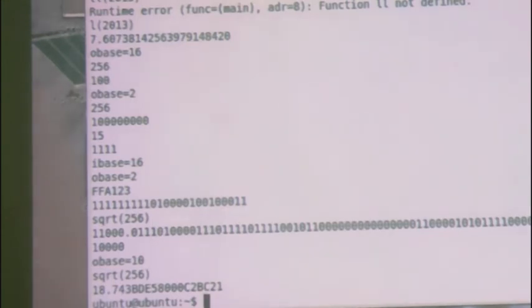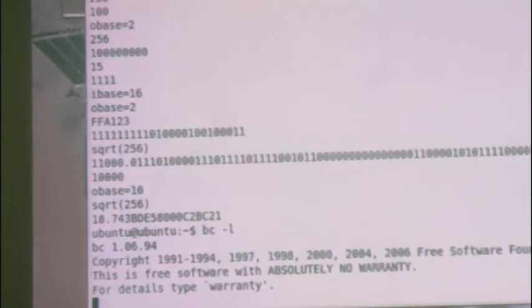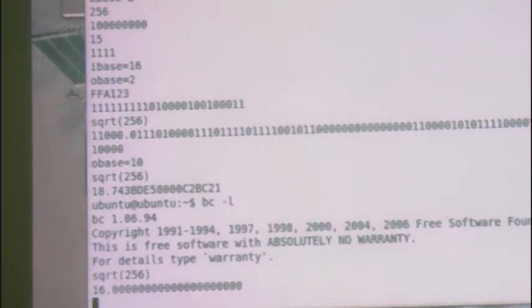Now that 256 I will check again by opening the calculator, bc -l, right? Fine. Now what shall I type? Square root, SQRT, bracket 256. So the answer is 16. Okay, so like this way you can use the calculator.